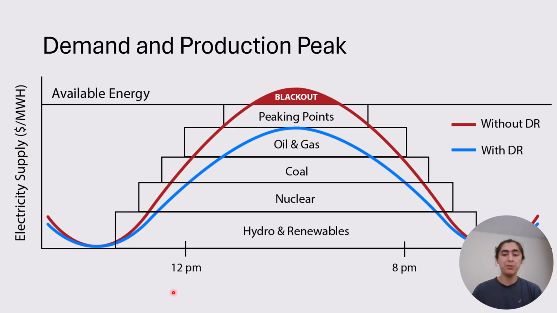Demand response can lower those peaks and thus reduce the need for those peaker plants to come online. So we cut out the peaking point. Also, we reduce the risk of blackouts, which occur when all of the energy supply is online, but it's still not enough to supply the demand, and we have blackouts. So we reduce the risk of blackouts, and we can shave the peak, which is a common term used for lowering demand such that those peaker power plants never come online.